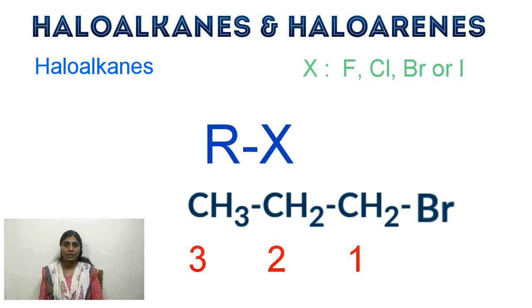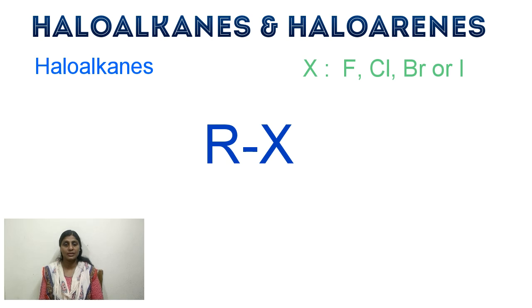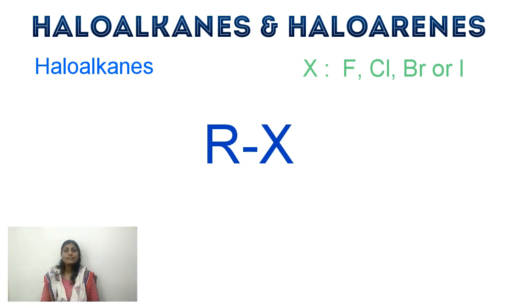So here the alpha carbon atom, that is carbon number 1, is attached to 2 hydrogen atoms and 1 ethyl group, the CH3CH2 group, by single bonds. So only single bonds are present at carbon number 1. So that is an sp3 hybridized carbon atom. So the condition is satisfied. If the carbon atom makes a double bond with another atom, then it is an sp2 hybridized carbon atom. And if it has a triple bond, then an sp carbon atom is formed. So for haloalkanes, the halo group is attached to an sp3 hybridized carbon atom.